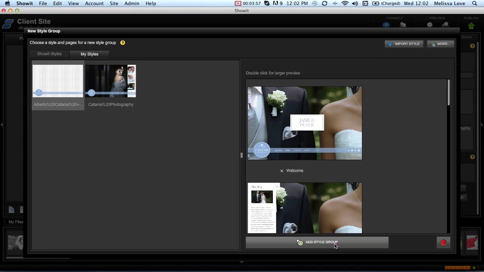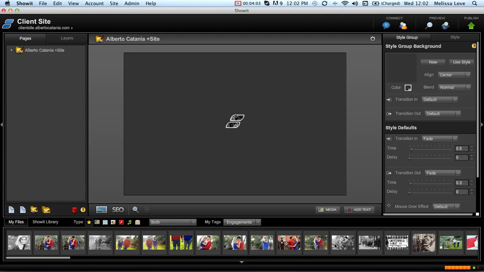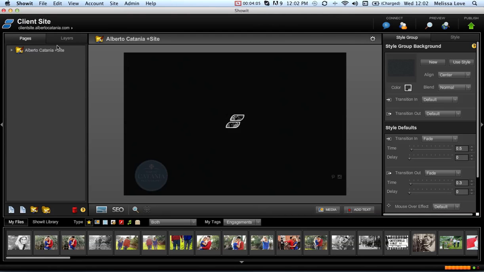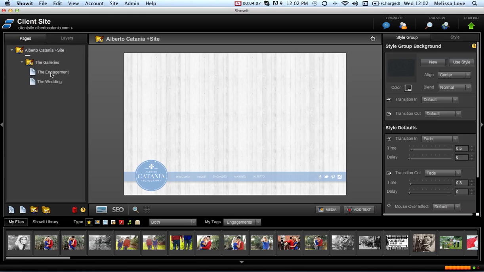So if I click Add Style Group, it will now appear all ready for me to use over here in the Pages area. So I can go to the home page, check that everything looks as it should,